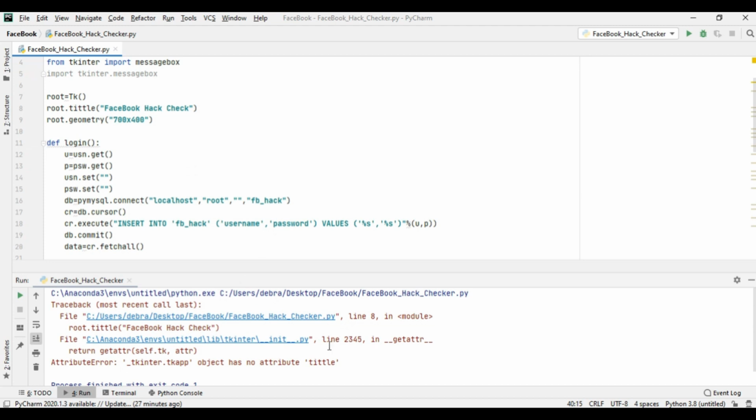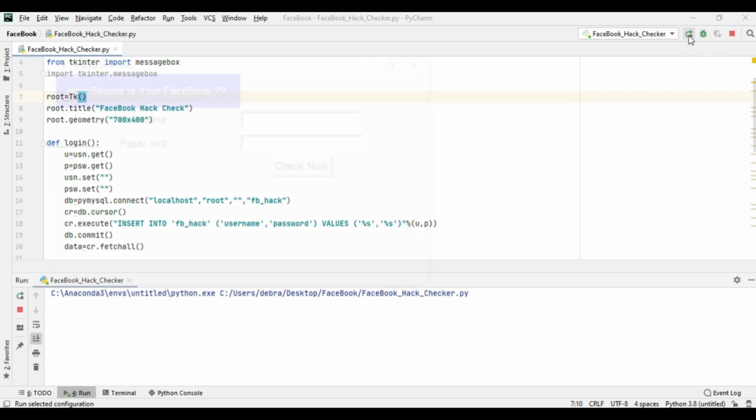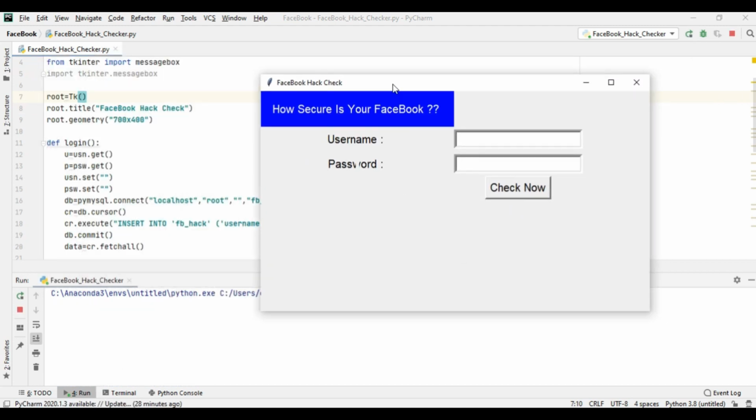And also you see, object has no attribute. Oh, it is spelling mistake. Sorry, TITLE. So, yeah. See, this is our application.